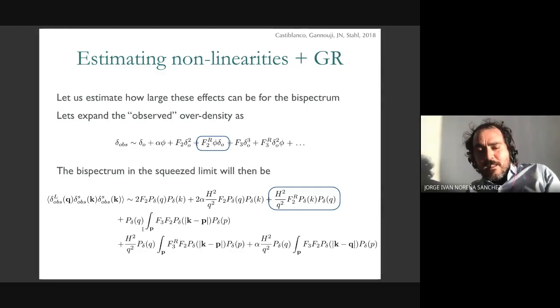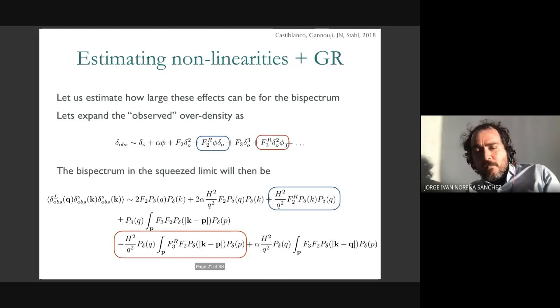And the relativistic correction to the long wavelength mode corrects this loop, of course. But then you also have a contribution to the loop from the relativistic correction to the cubic loop. And this relativistic correction will be, so the ratio between the Newtonian tree-level and one loop is as big or small as the ratio between the relativistic tree-level and one loop. And so if you want to go to one loop and be consistent, you cannot ignore this.